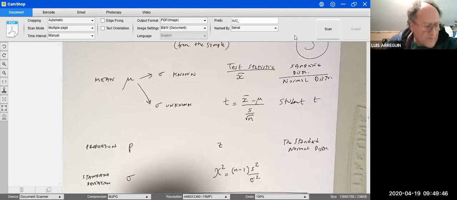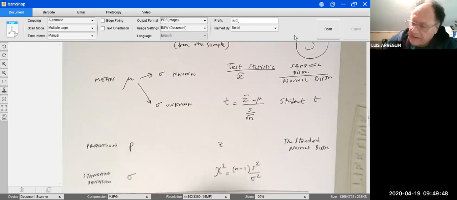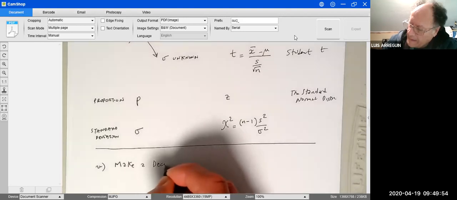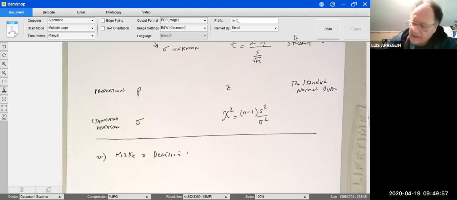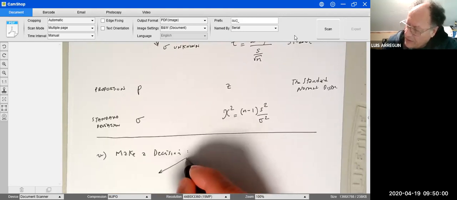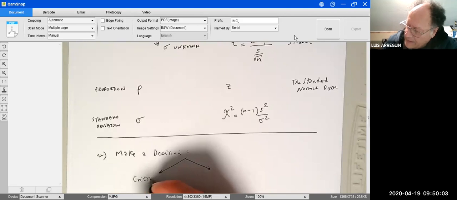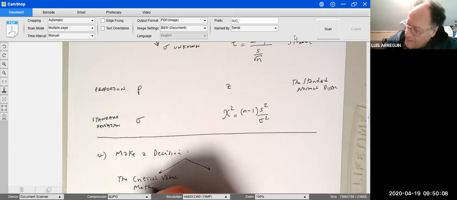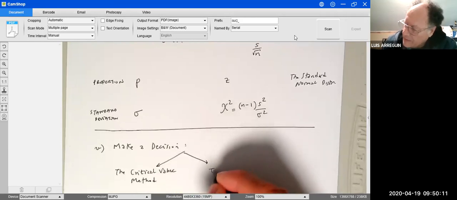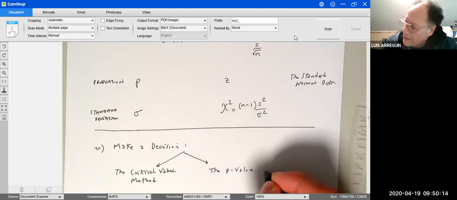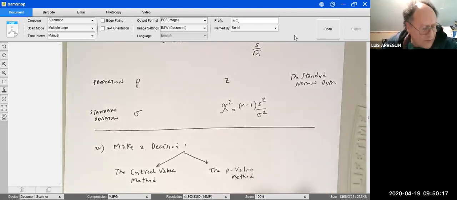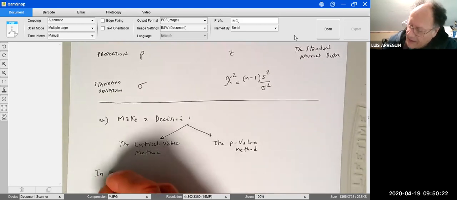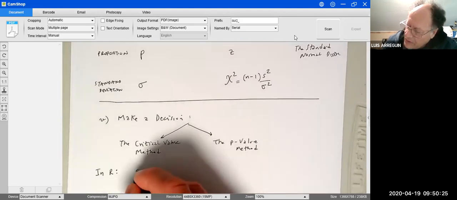Then the next step is we're going to make a decision. To make the decision, we have two methods. We're going to have the critical value method, or we're going to use the p-value method. In one case, this is used for computations in R, we're going to use q functions,